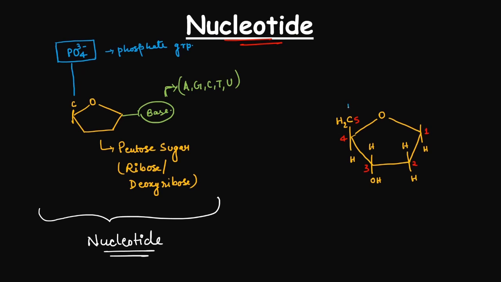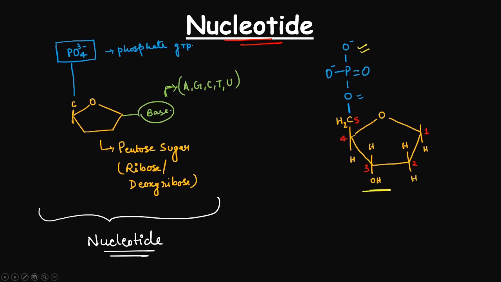So one of the oxygens of the phosphate group will be binding to this carbon, double bond O, and the remaining hydroxyl groups will also release their hydrogen ion. So there will be O minus and O minus. Okay, so one of the oxygens is bonded to the 5th carbon of the ribose sugar or deoxyribose sugar in the nucleotide. One more oxygen of the phosphate group will be bound to the hydroxyl group of the 3rd carbon